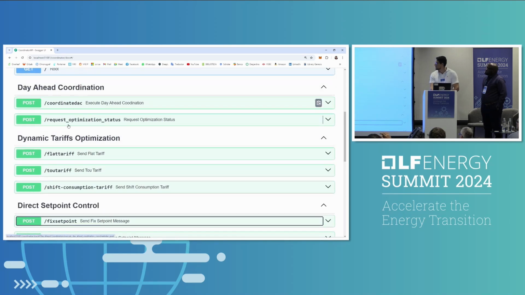And this one is the more complex one. What if you have a lot of electric vehicles, for example, and you want to coordinate them? So let's say you have enough energy, but you don't have enough capacity on that transformer or at that level. So you can say, I will charge this block of vehicles first, after I will charge this other block, and after I will charge this other block.